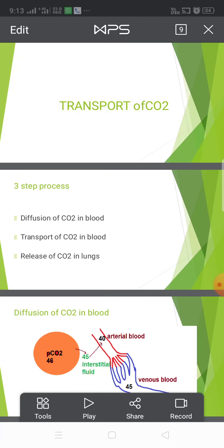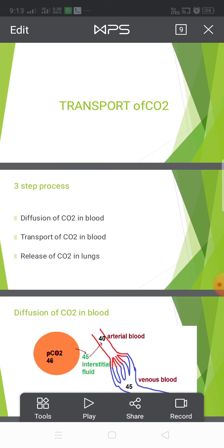Good morning, students. Today the topic for lecture is transport of CO2. Carbon dioxide is produced at 200 ml per minute under healthy conditions. 80 molecules of CO2 will be expired by the lung for every 100 molecules of oxygen that enters capillary blood. The ratio of expired CO2 to oxygen uptake is referred to as the respiratory exchange ratio. The normal value is 0.8, that is 80 upon 100, and this comes out to be 0.8.